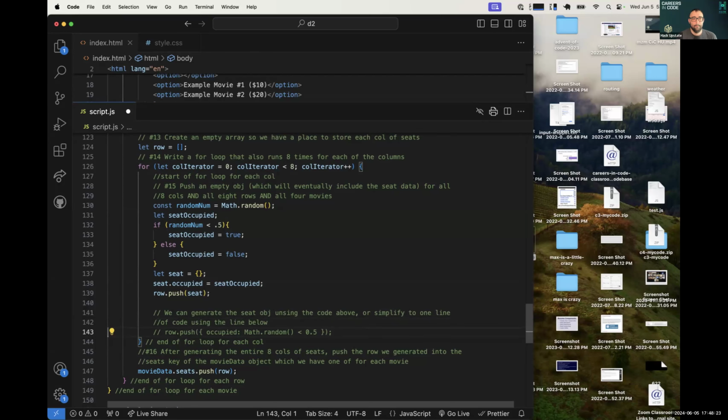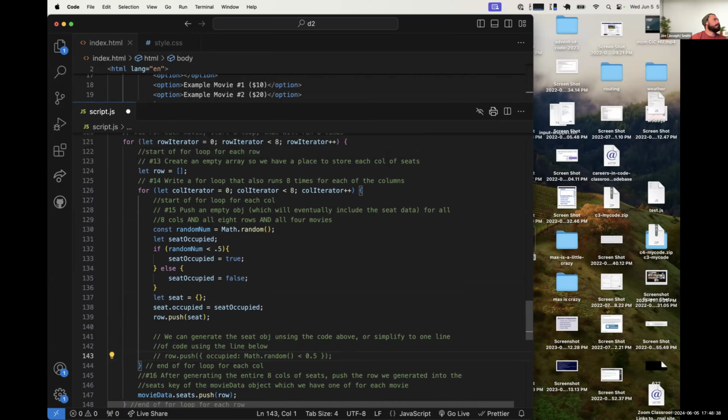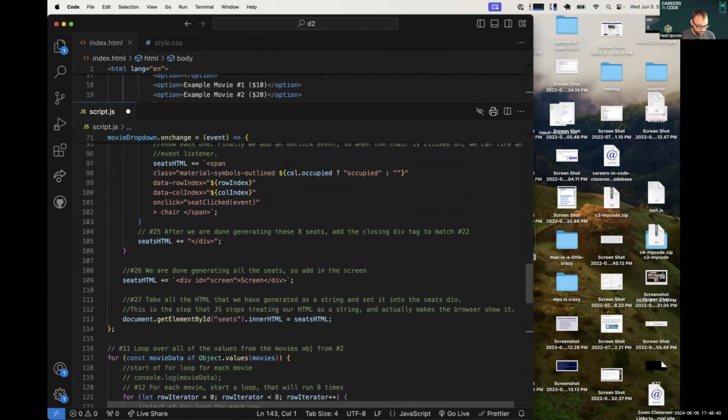Is that helpful? Yeah, and then just a follow-up question. Can you explain how the occupied class is working? How the occupied class is working with the class, right? Yeah. The class up here